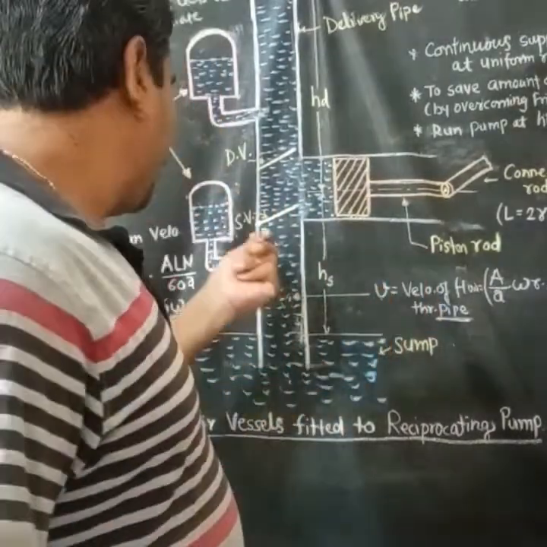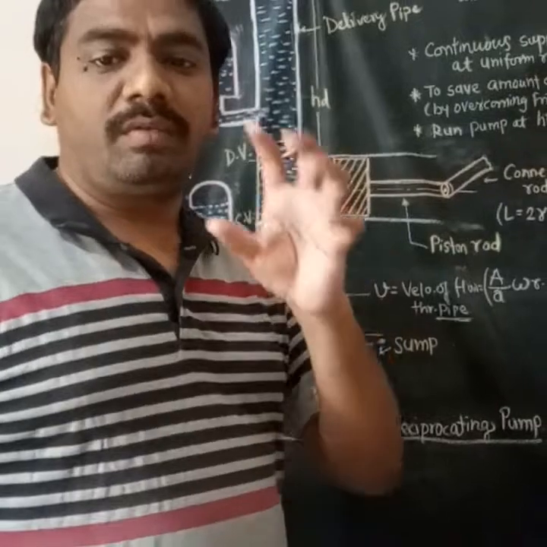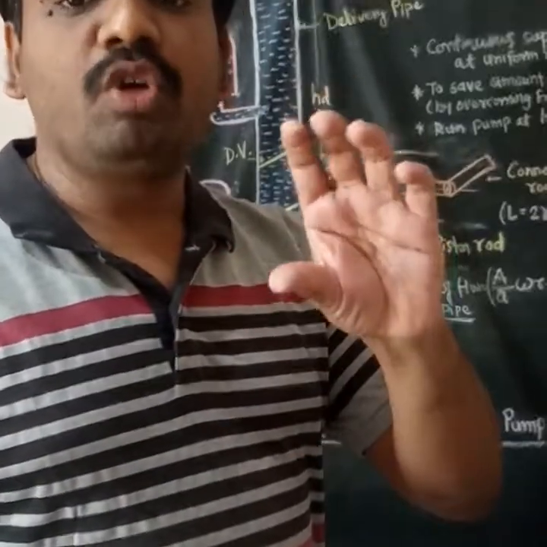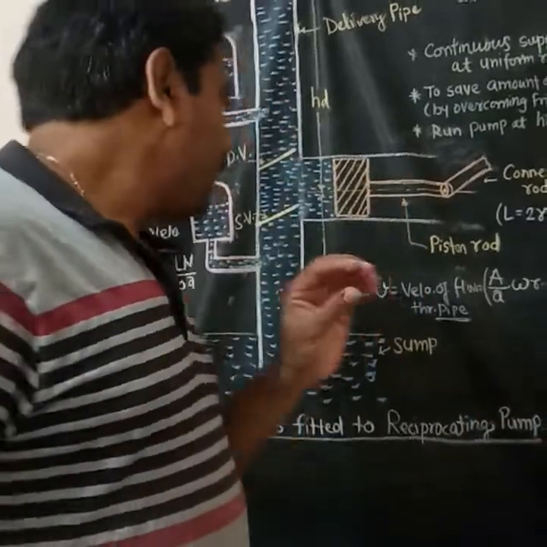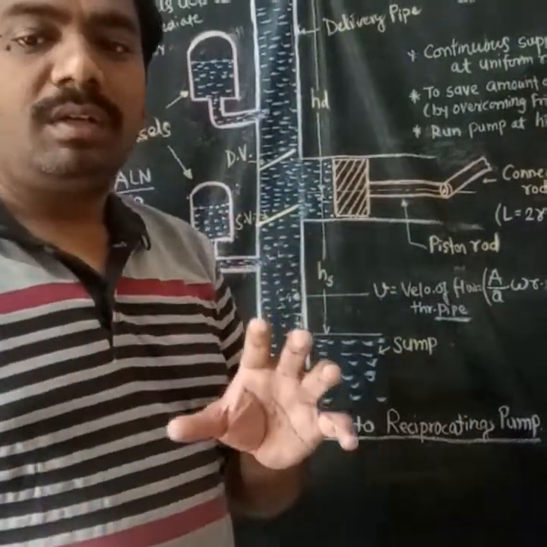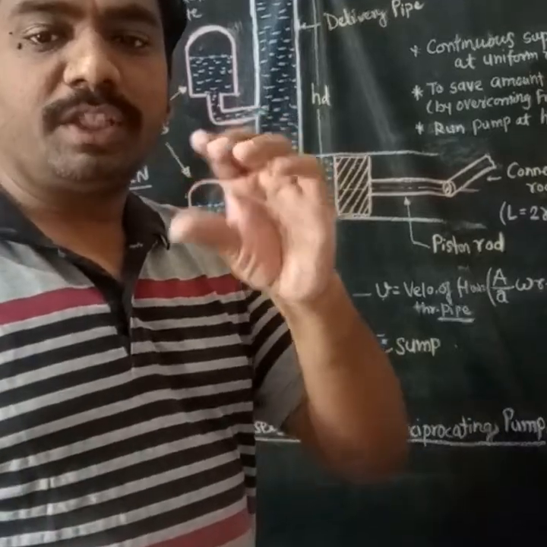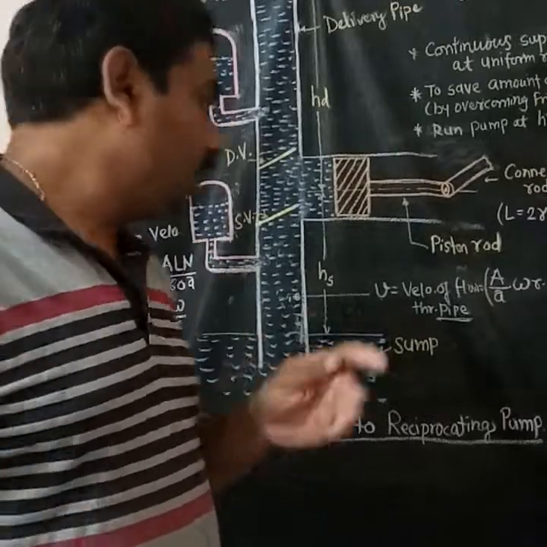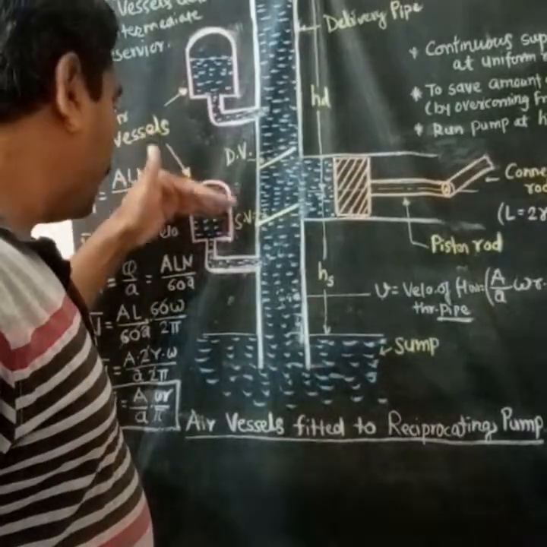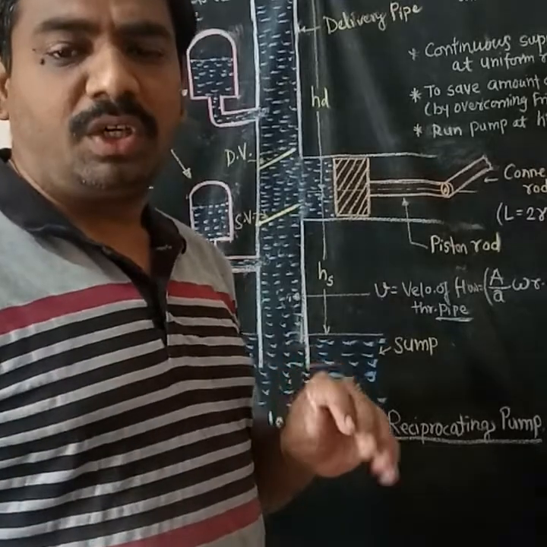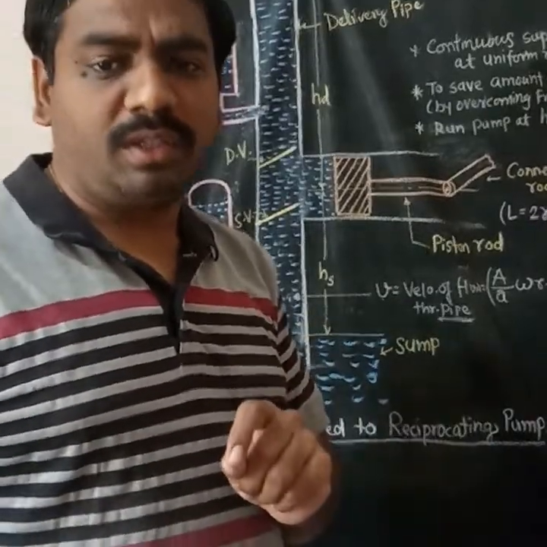So when water enters the air vessel, the air inside the air vessel is going to be compressed. That's why it is compressed in this particular region, and whenever this compressed air expands, it will try to apply force on that particular fluid. When it applies some force on it, the water will come out from this air vessel. So this is the very simple function of this air vessel.